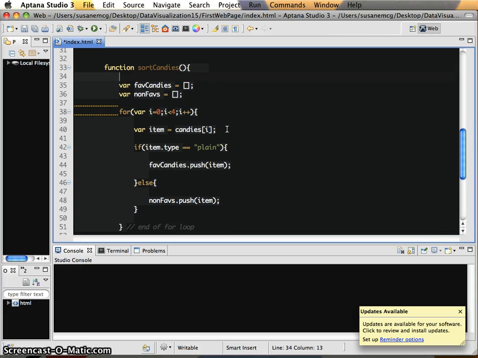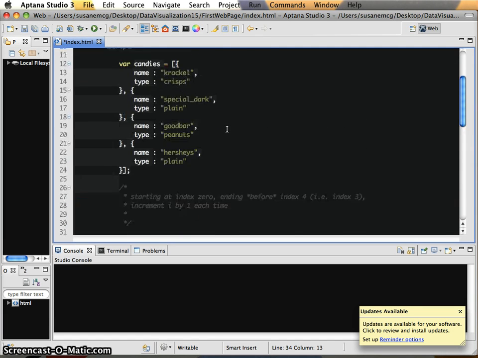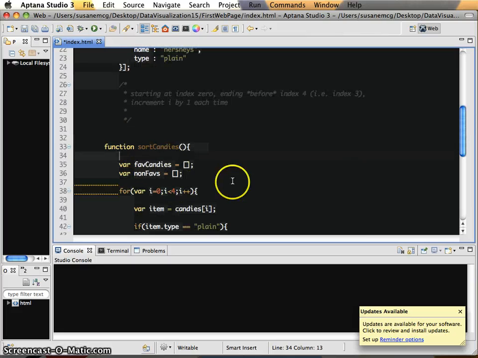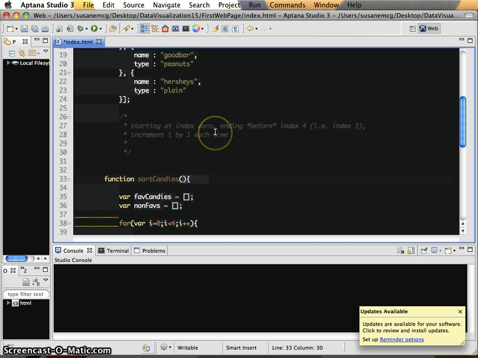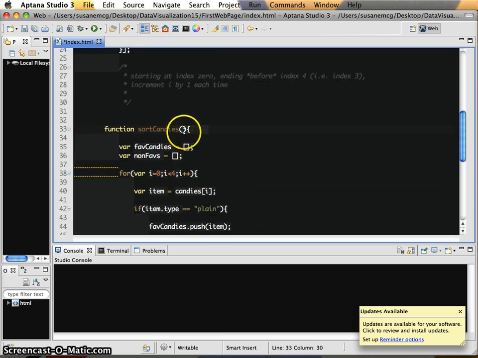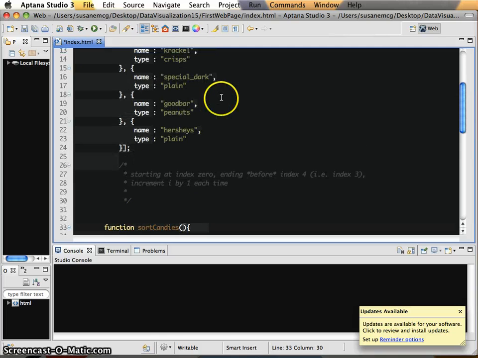I've done this, but how do I get the candies, right? I now have my list of candies up here. How do I get it into this function? Well, that's what these round parentheses are for, right? The round parentheses are basically where we say, these are the ingredients that I want you to do this recipe with, right? This is the stuff you need to do this process. And what I'm going to do is I'm going to give